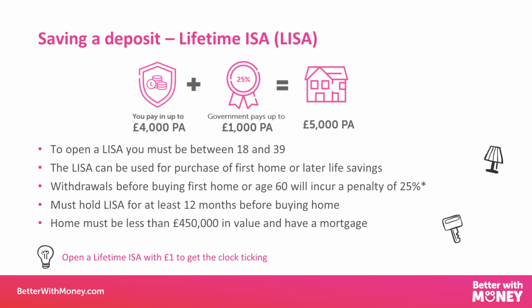So if you think you want to use a lifetime ISA for your first home, it is worth opening one sooner rather than later, just with £1, because it will get that clock ticking, and then you can just add funds to it later if you want to. As I say, if you're looking for your next home and you're looking to save more money to put down on that, then an ordinary ISA would be the